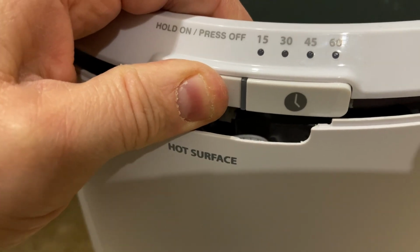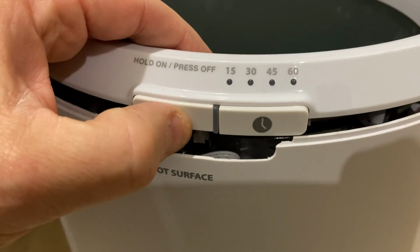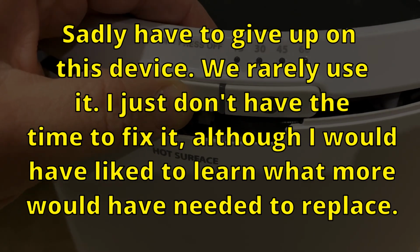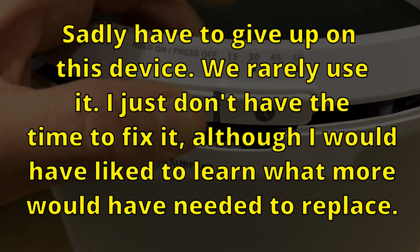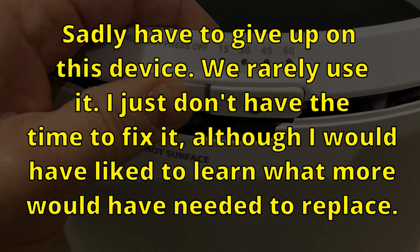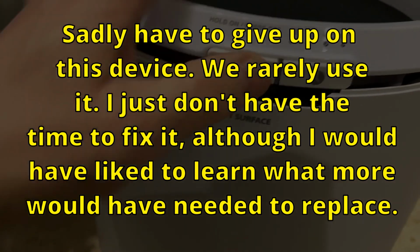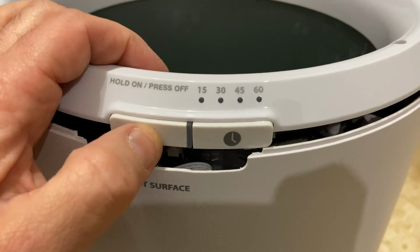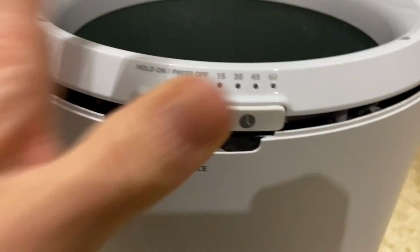So I'm going to be done with this thing for now. I don't think I want to waste any more time trying to fix it, because there's probably more components that are bad on the board, and I'm not going to start trying to replace every one of them. It's just not worth it. But yeah, it is done. I'll see if I can troubleshoot it some more, but if you have any ideas, let me know. They're built for obsolescence, it looks like,